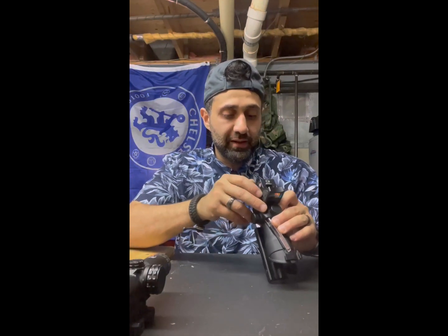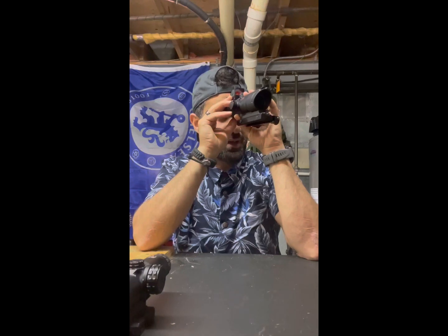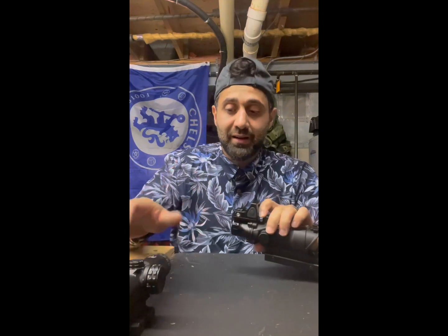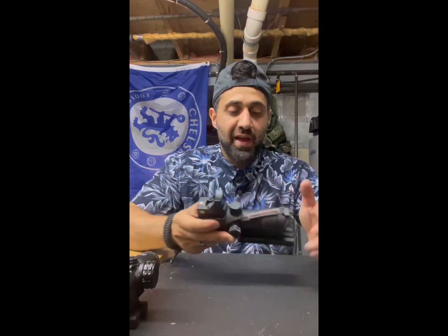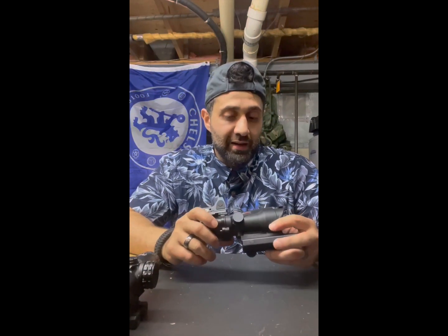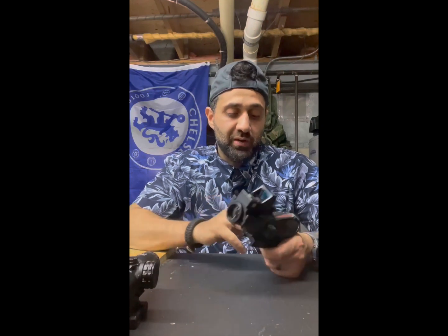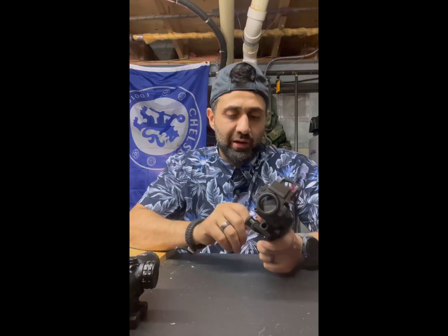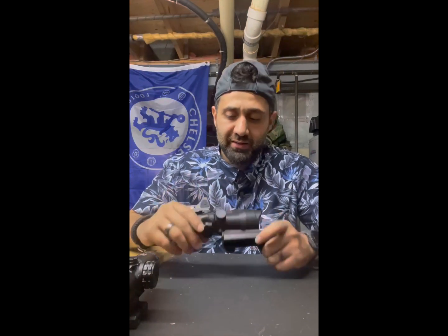The glass clarity, I mean, for a $100 optic, I wanted to find reasons to complain, and I just couldn't. It's not ACOG glass clarity, nor is it even Primary Arms. But for the value of what you're getting and just being able to take this to the range, honestly, I was so impressed. I can't say that I was disappointed. I thought about, would I want to return this? No, I can't. For $100, something goes wrong, this is great just to take to the range,